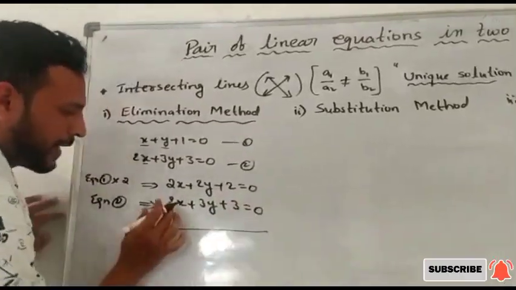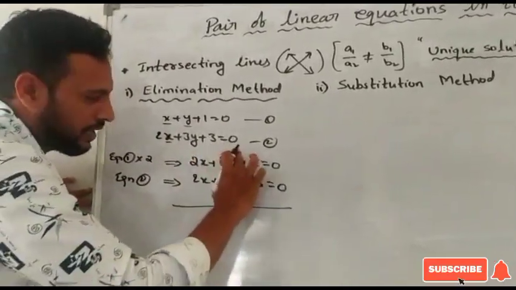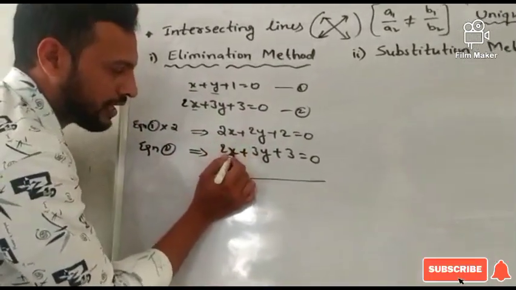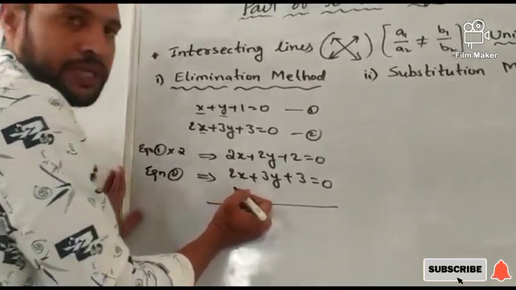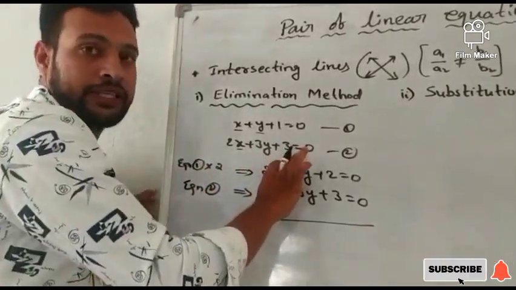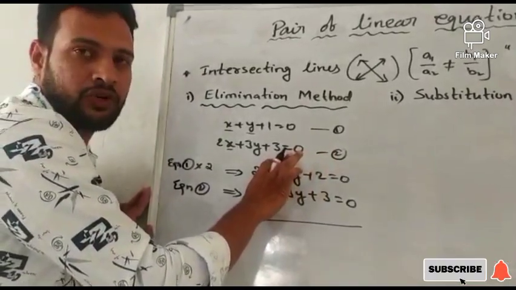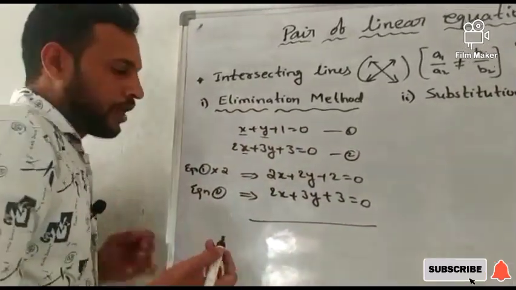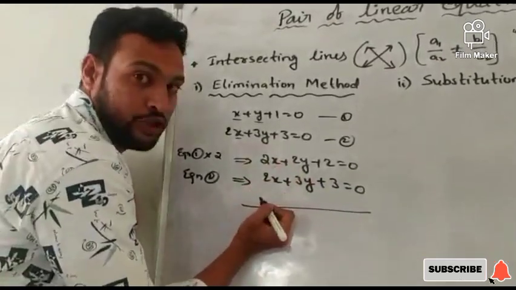See here, by addition we are not going to eliminate this. The x coefficient in equation number 1 and the x coefficient in equation number 2 are both the same. So I am doing the elimination method, and our intention is to eliminate one of the x or y coefficients. Here the x coefficients are similar, so my intention is to eliminate x. How? Only if I do subtraction is it possible. So take subtraction.